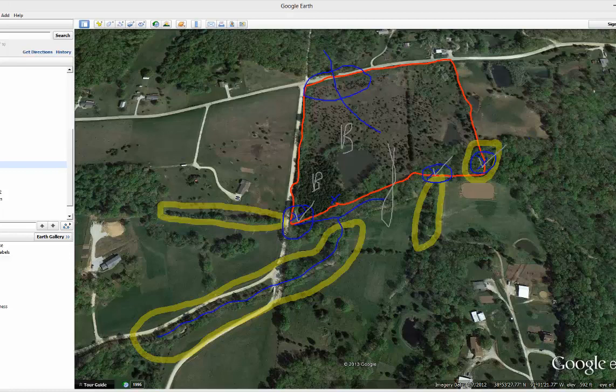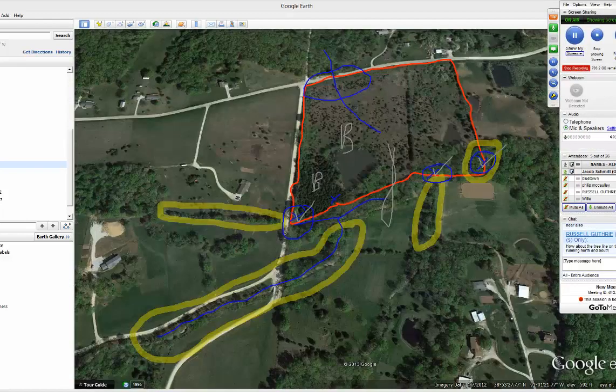entire square mile. Well, what that buck is going to do is he is going to come in and he is going to begin to, as the rut comes in,